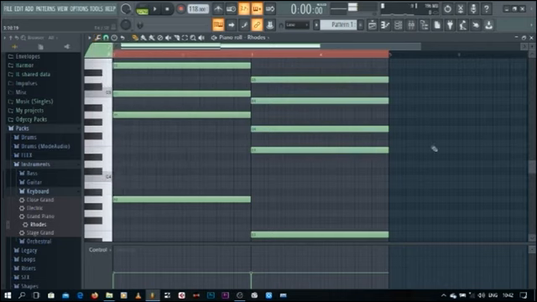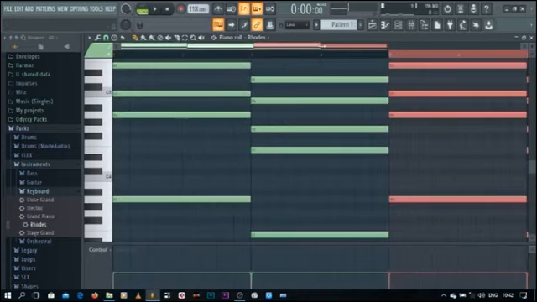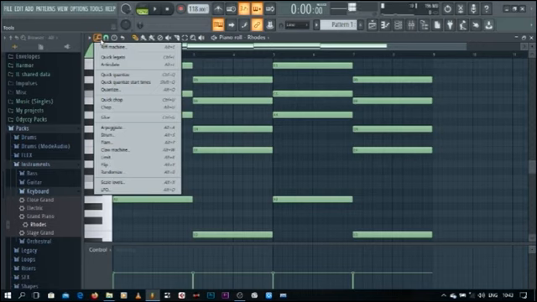Okay, before we go further, I would like you to duplicate this. Control C, Control V. So this has been duplicated to the next, so it becomes 8 bars as a whole. Let me remove this. So now you have an 8 bar, and then one thing you have to do is